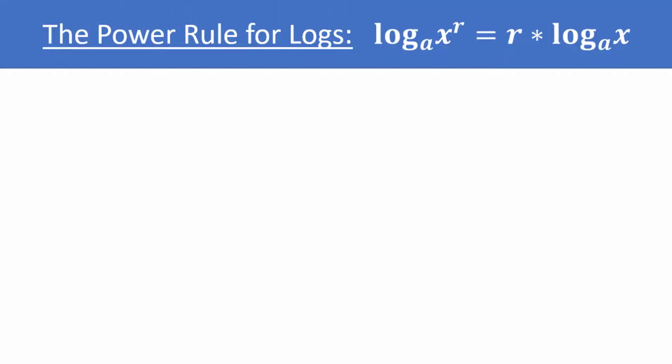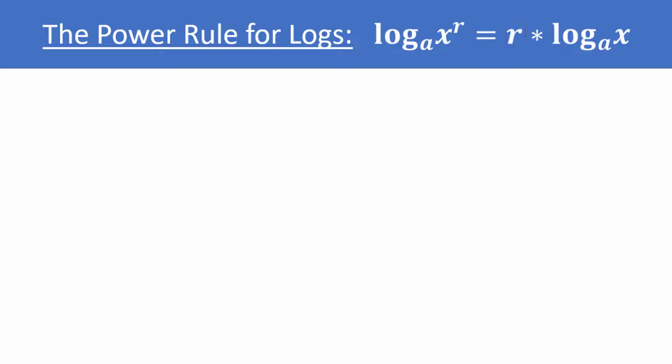Now, there's one more useful property of logarithms that I want to talk about in this video, and that is that it can be used to solve an equation involving a variable in the exponent. This property is called the power rule for logarithms, which says that log base a of x to the r power is equal to r times log base a of x. Essentially, this says that if the argument of your log is raised to some power, as we do here with x raised to the r power, the power can be rewritten out front, multiplying the log.